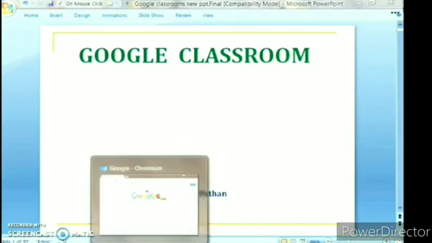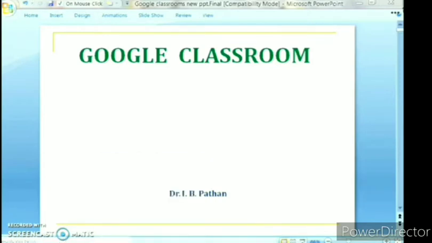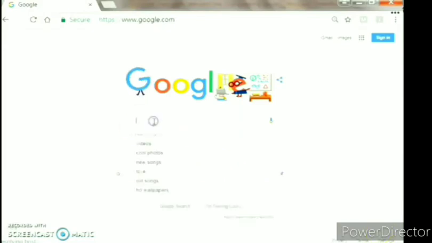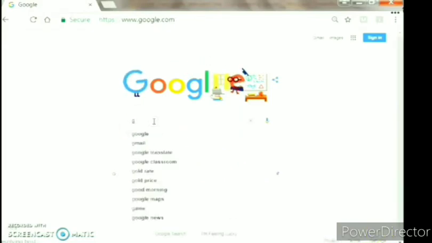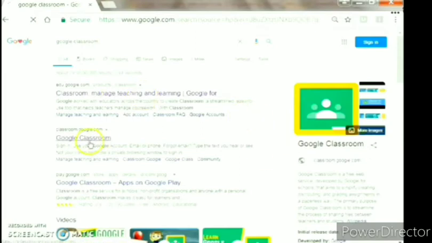First we'll open the Google page. We'll type Google Classroom. Then you can sign in to Google Classroom with your Gmail account.